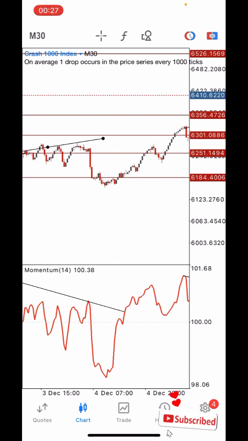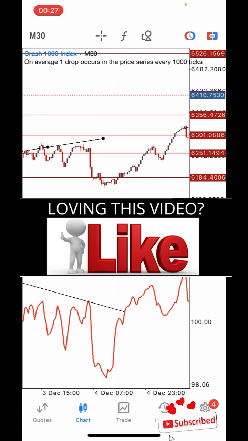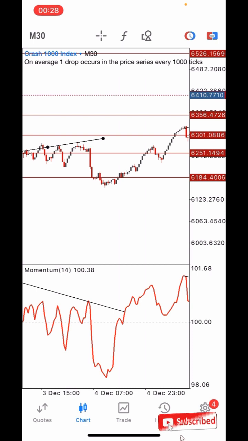Now, I always tell my students that you've got to understand that your $5, your $100, even your $1,000 cannot move a candlestick on the charts. It takes a huge amount of funds to move the candlesticks